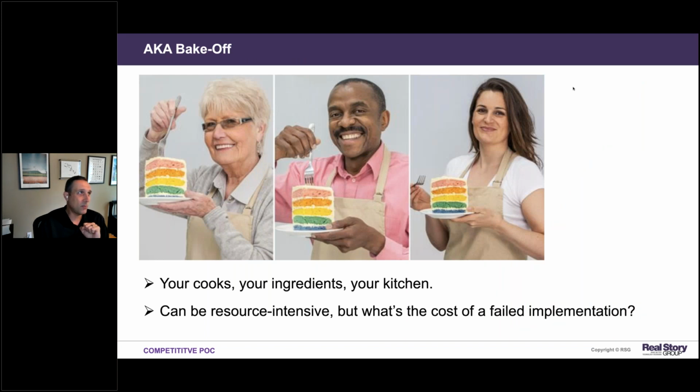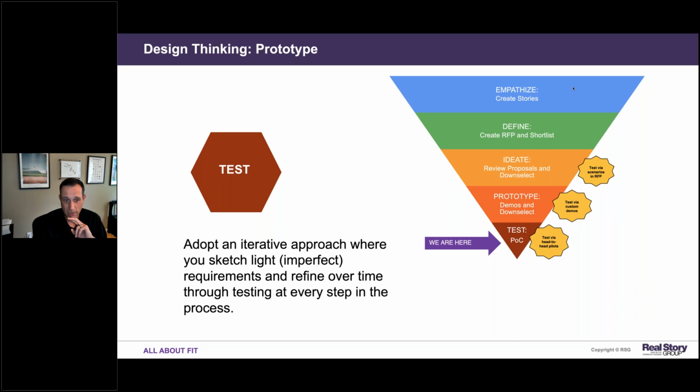And sometimes we get pushback on this because it can be a real time intensive, a real resource intensive, a real cost intensive step in this process. But I can honestly say some of the most successful projects that we've ever seen, some of the most successful selections we've ever seen, are the ones that took the time to do a competitive bake-off. If you don't have time to do a competitive bake-off, at least do a proof of concept with your leader in the clubhouse. Make them go through a mini project as much as you can, and you'll learn a lot going through that. And it's definitely a good use of your time.